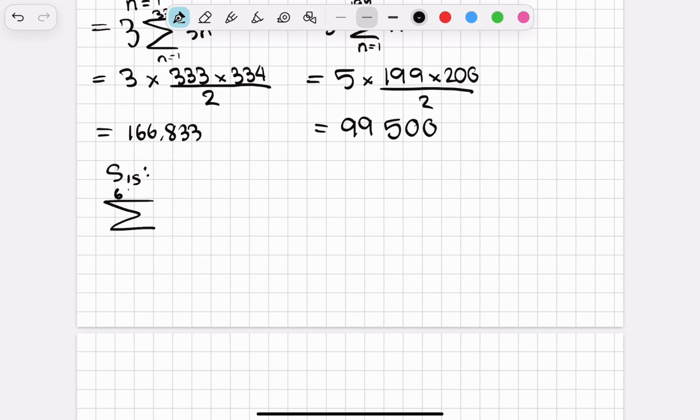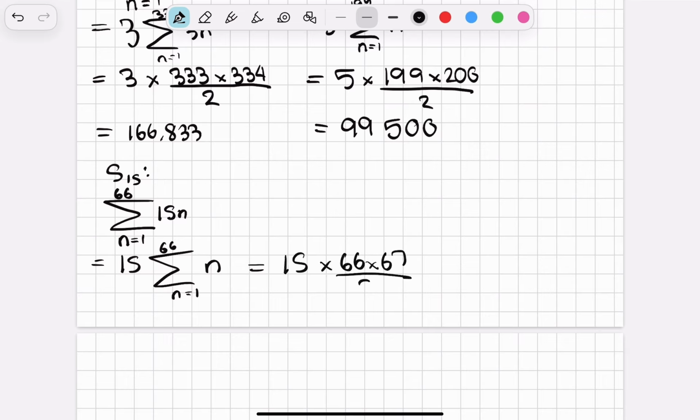So the upper limit is 66 and the lower is n equals 1. 15n, factor out that 15, 15 times the sum of n from n equals 1 to 66, which equals 15 times 66 times 67 over 2, which equals